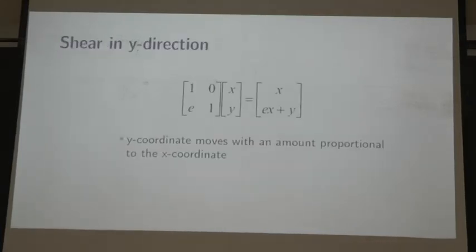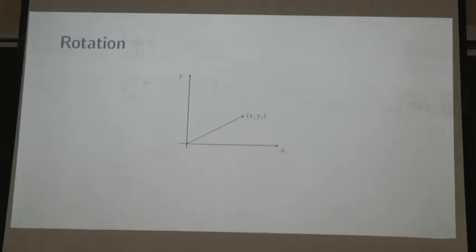Okay, so let's talk about rotation. Rotation is a bit more involved, but let's try to work out a rotation from scratch. I'm sure you might have seen this somewhere before, but let's just review. Okay. So what's the goal here? I have a point x1, y1, and I want to rotate it. When I say I want to rotate it, I have to first define the point about which the rotation will happen. What is the center of rotation? So in this case, I assume that the center of rotation is the origin.